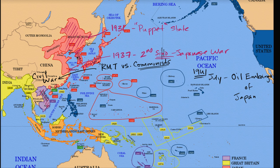So you can imagine the Japanese, they want to have their imperial ambitions. Especially now with this oil embargo, they probably want to take over more natural resources, and they probably want to knock out the U.S., or at least keep the U.S. on its heels, so the U.S. can't stop Japan from doing what it wants to do. So all at once in December